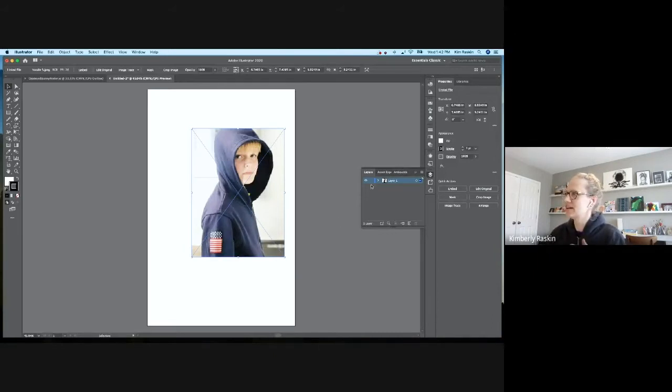Once you get this here, I would definitely lock it, okay? I also recommend that you name your layers. So if you double click on it, I'll do reference photo, because this is what I'm referencing in order to create my vector. And then I'm gonna lock that,